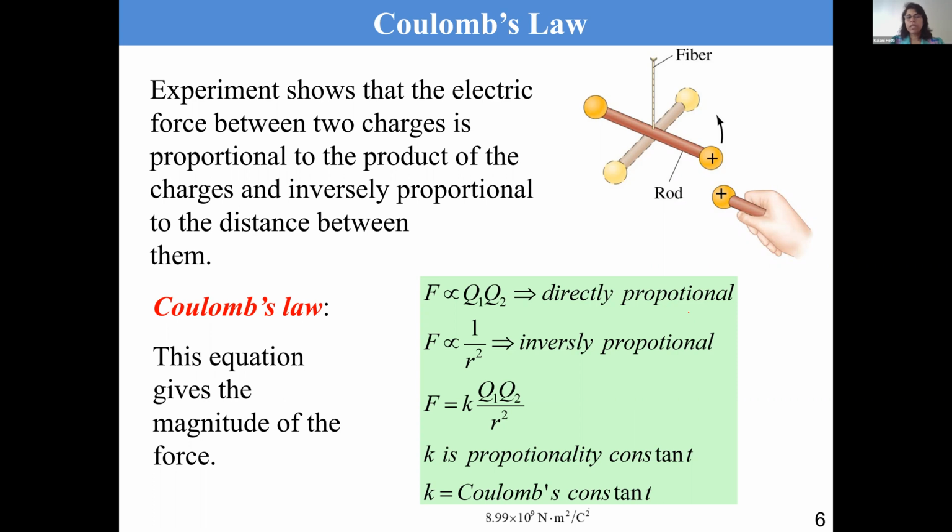What Coulomb is saying is that the magnitude of this attraction and repulsion depends on the two charges that you have, the charge measured in coulombs, and also the distance between the two charges, inversely proportional. Then we are able to write Coulomb's law using a constant. That constant we call the Coulomb constant, 8.99 times 10 to the 9